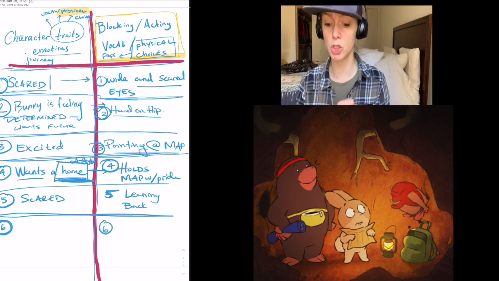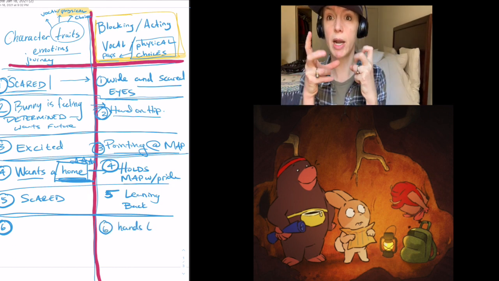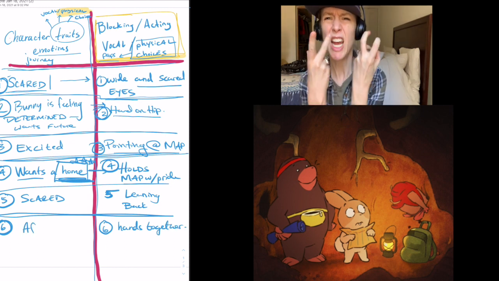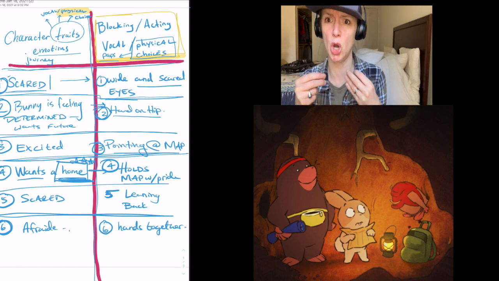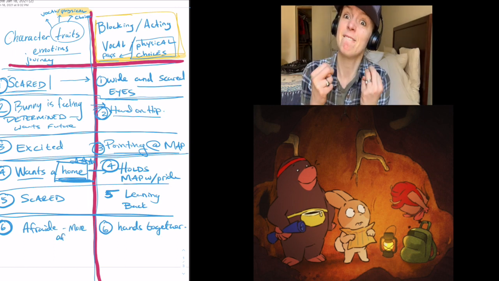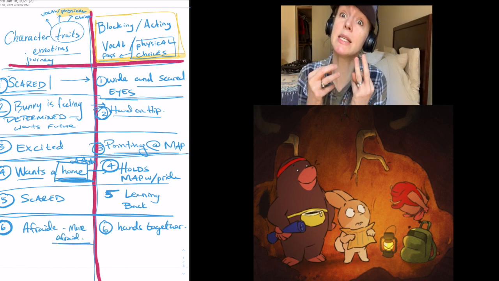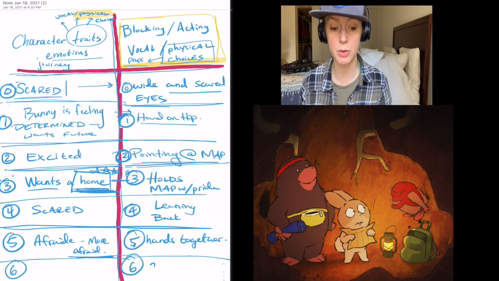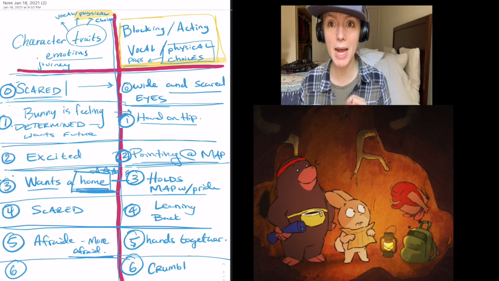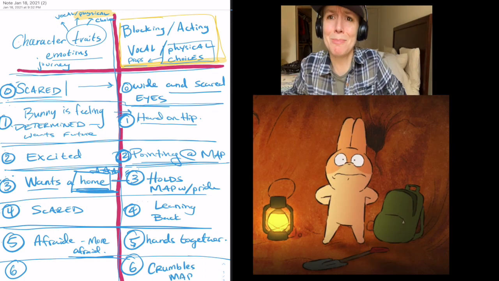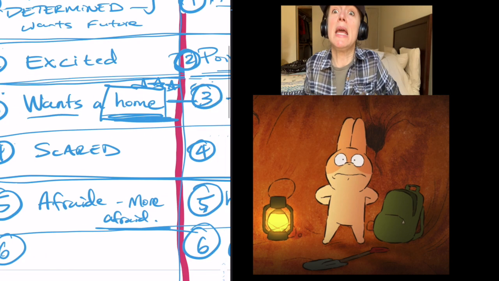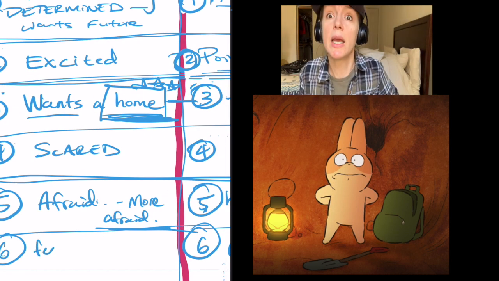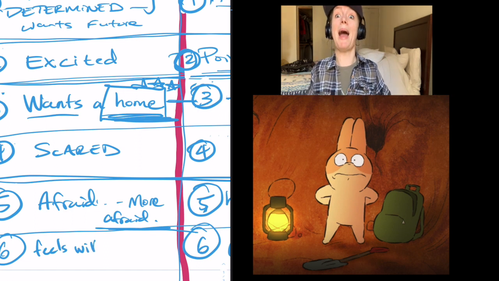6, another physical choice that we could add is he's starting to just crumble his symbolic prop. He's starting to hold it. Just you doing something with your fingers could show you're nervous. Right? He's doing this with his teeth, and his eyes are even wide as more obstacles are being introduced into his life. Next picture. He's putting his hands behind his back because he doesn't want anyone to get in the way of his objective. His eyes are getting even wider. He's leaning back a little.